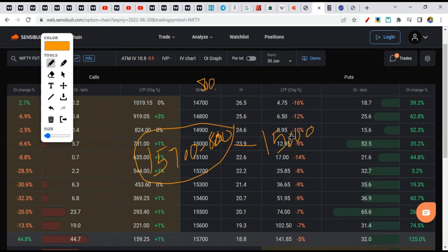It will spend a little bit of time near 15,500 since it has major support. Okay, it will spend a little bit of time there. Eventually it should break this, as we have a bearish view. So we are expecting a drop below 15,000. So what I'm expecting is these put writers would shift downside towards 15,000 if the market starts cracking. So yeah, that's pretty much all on the Nifty